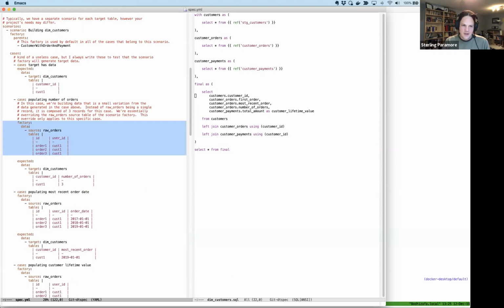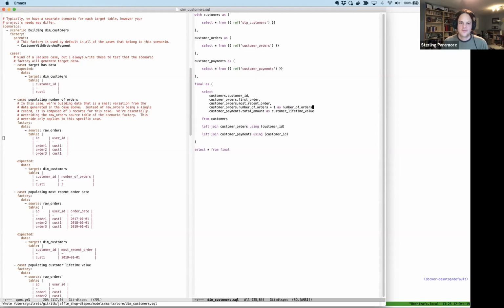And I'm not going to go through all the other ones, but I do want to show what happens when you do something unexpected. So let's say I am a new analyst and I go into this code for Jaffa Shop, and for whatever reason, I think there's an off by 1 error in the number of orders. So I have to add 1 to number of orders. And for whatever reason, this solves my one specific problem that I had tunnel vision on, right? So I think that adding 1 to this column is going to work.